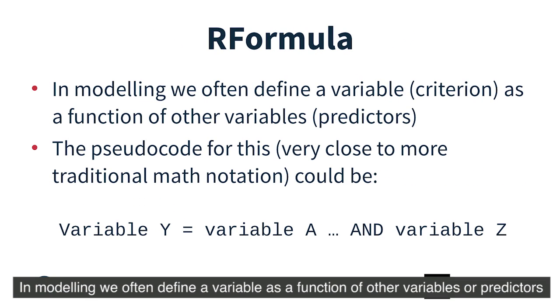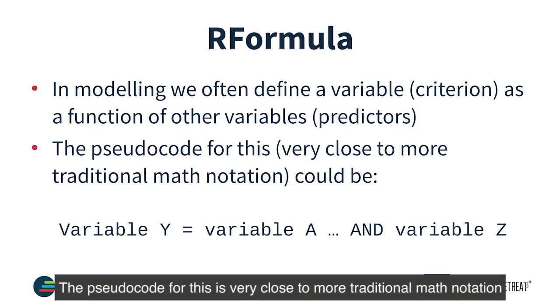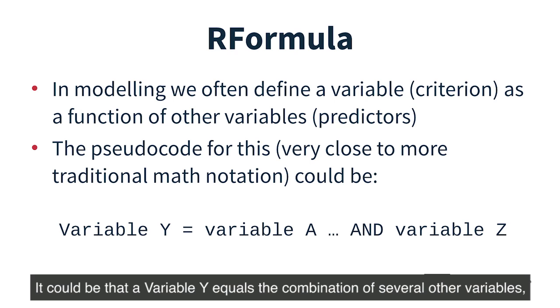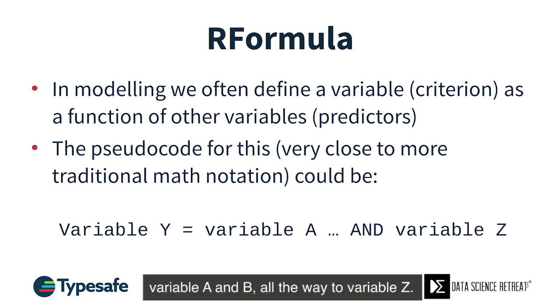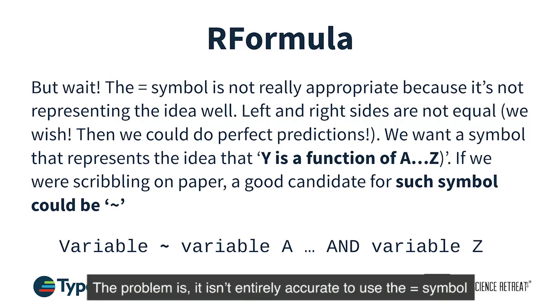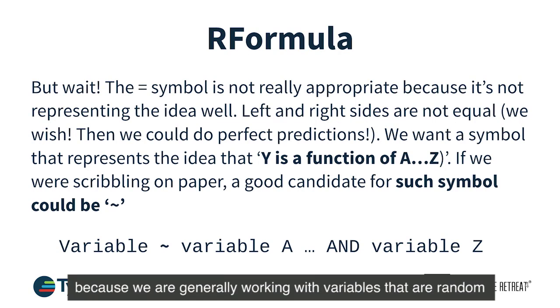In modelling, we often define a variable as a function of other variables, or predictors. The pseudocode for this is very close to more traditional math notation. It could be that a variable y equals the combination of several other variables, variable a and b, all the way to variable z. The problem is, it isn't entirely accurate to use the equal symbol because we are generally